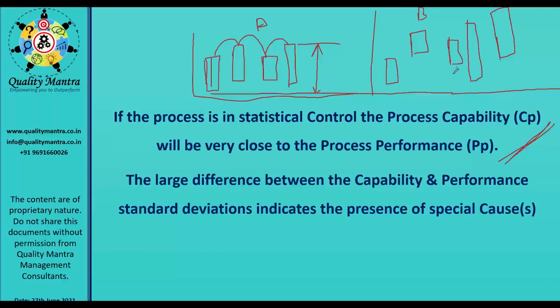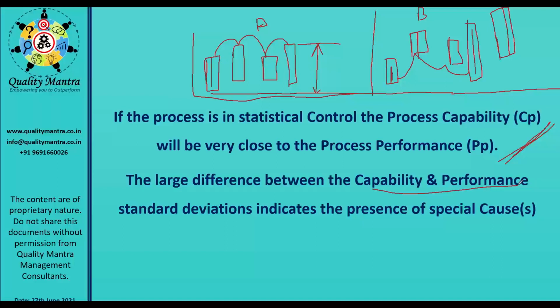Whereas in case of process B, you have found that within the subgroup, this is the variation within the subgroup. The within subgroup is also high and between the subgroup is also high. It means when you estimate the standard deviation, there will be a huge difference between the two standard deviations. And based on the standard deviation, you are going to calculate the CP and PP. It means when you get a big difference between the CP and PP, I am not going to CPK and PPK yet.